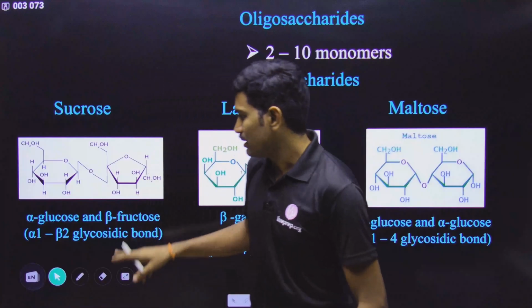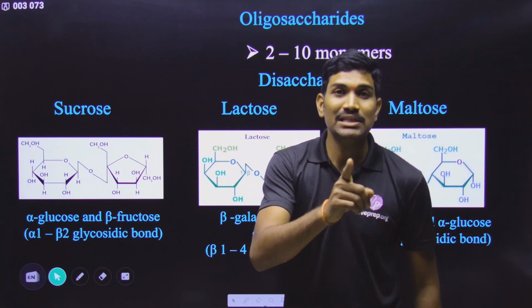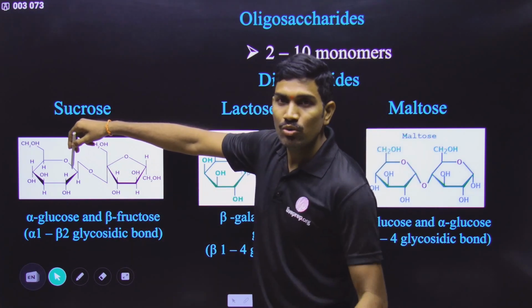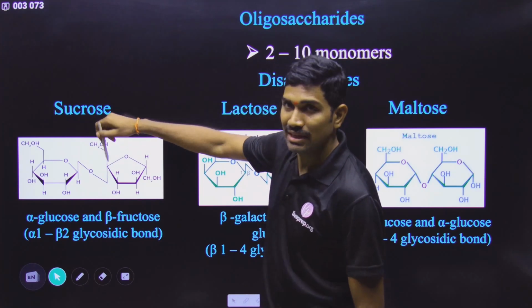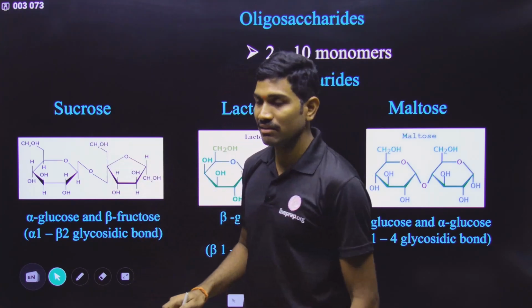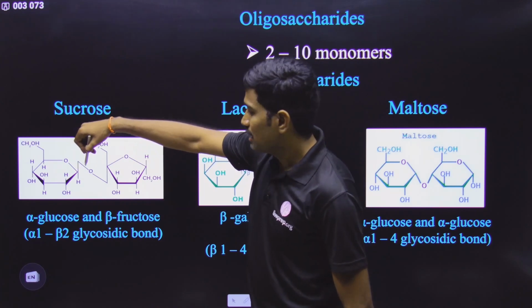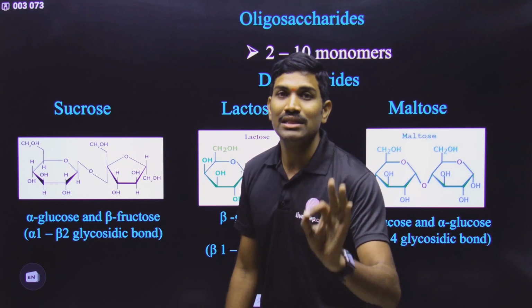So please observe carefully. Here there is a glycosidic bond. And my suggestion is please observe what carbons are involved in the bonding. In the glucose, the first carbon is involved in the bonding. In the fructose, this is the second carbon. The structure they are writing in reverse. So please observe carefully, this is the second carbon. First carbon of glucose, second carbon of fructose, both of them are involved in the bonding.